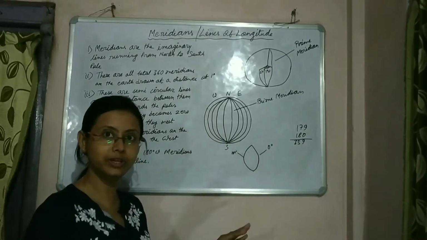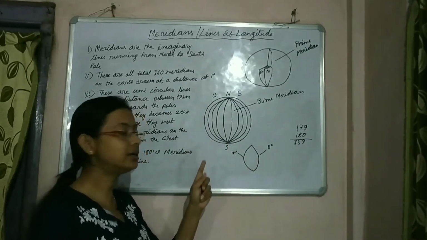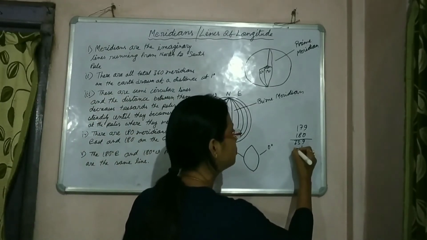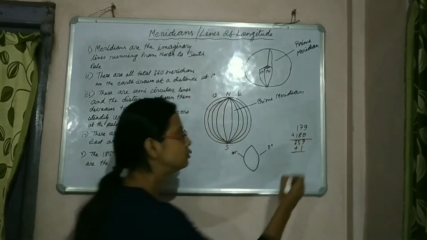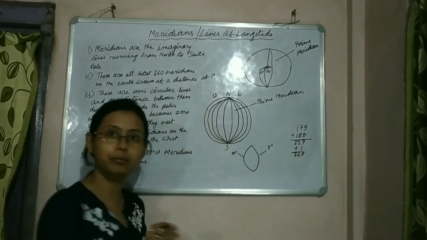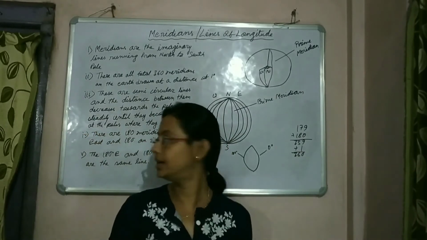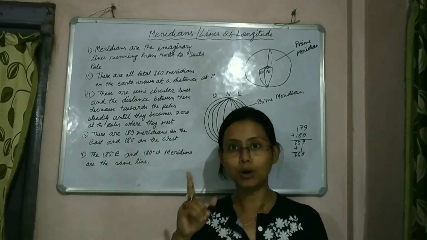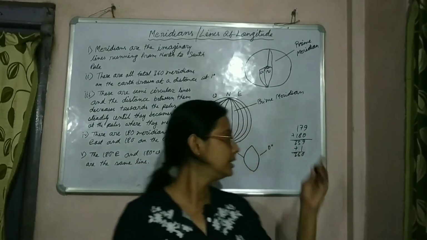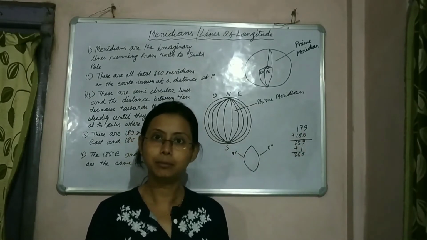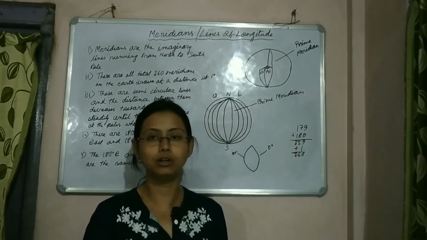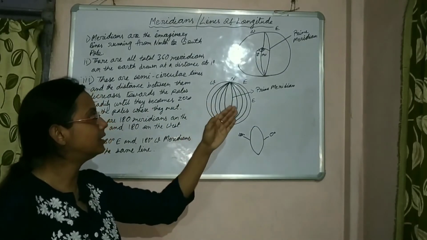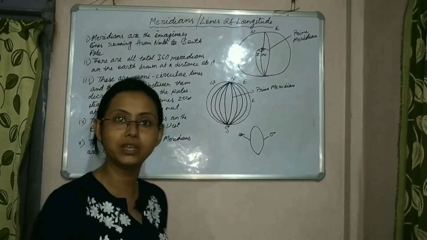One meridian we deducted. Now the 0 degree prime meridian, the 0 degree meridian, we need to add that also. So plus 1, that is the 0 degree meridian. So now we have the 360 meridians. Though I said that the 180 degree east and 180 degree west meridians are one single line, not two different lines, in this way we got the 360 meridians, adding the 0 degree meridian to the list. So these are about the meridians, 360 meridians we have discussed. About the prime meridian we have discussed.